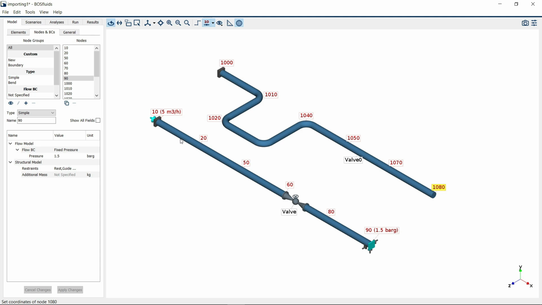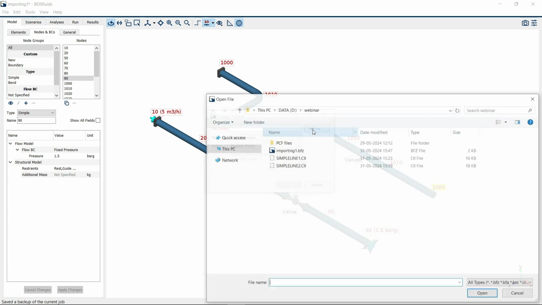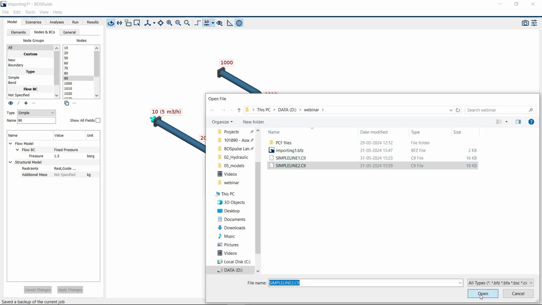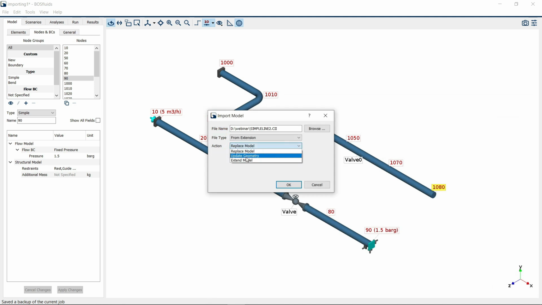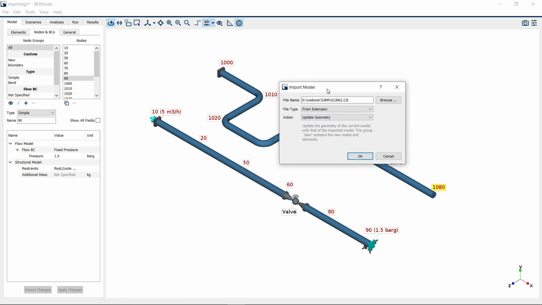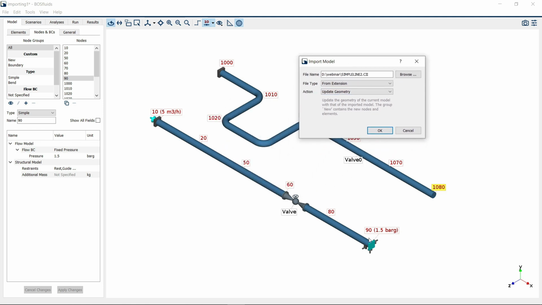So if we were to update the geometry, we would like this bend to be included. But as you can see, the new model doesn't include the valve, and it doesn't include the different flow boundary conditions that we've defined. But we can use the update geometry option for that. So now I'll import again the simple line 2, but instead of extending the model, I'll choose update geometry. And since the node numbers match with this line that we've had before,